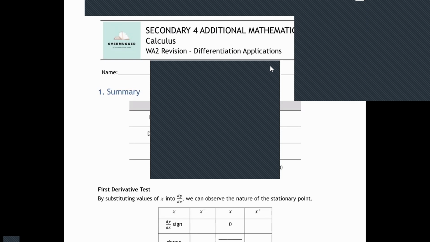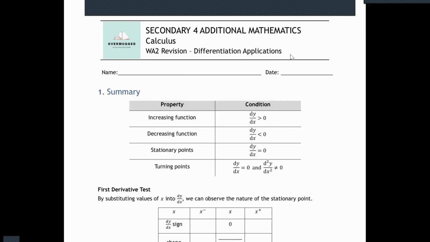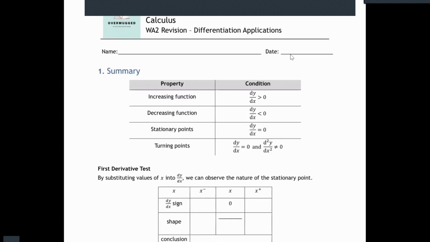Based on experience, I don't think I will take the full 1.5 hours because there are only 6 questions, but I'll go through a bit slower so that I can cater to whether you have learned this topic or not, or whether you have already mastered it or it's your first time now, because different schools go at different pace. Just bear with me for a bit. I've got a bit of a pitch to go through.